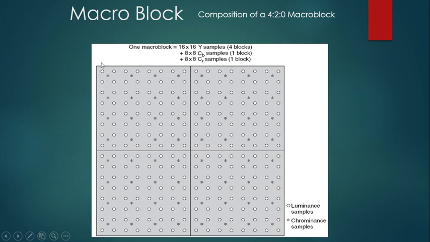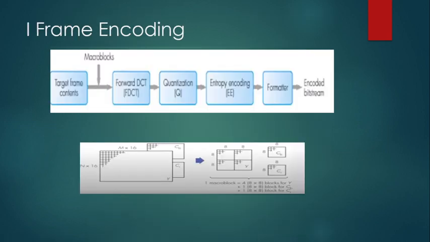So this is generally a 4:2:0 representation, and the whole picture represents one complete macro block, that is 4 blocks of luminance and 2 blocks of chrominance, one each for CB and CR. So these are going to represent all these 4 blocks, and this is a 4:2:0 macro block. So at this layer we are going to start our MPEG compression.